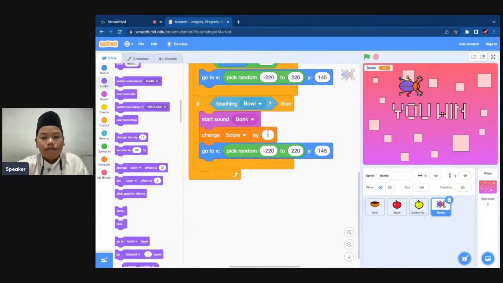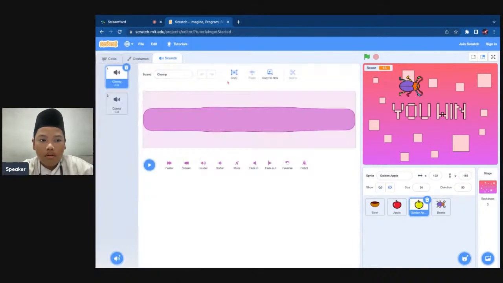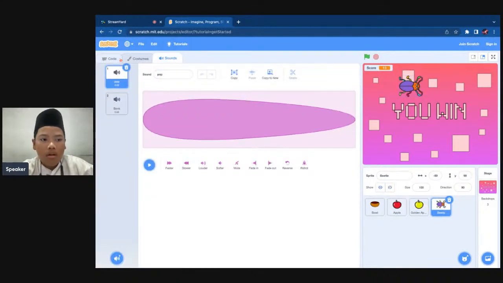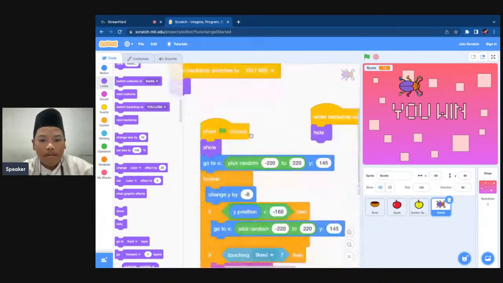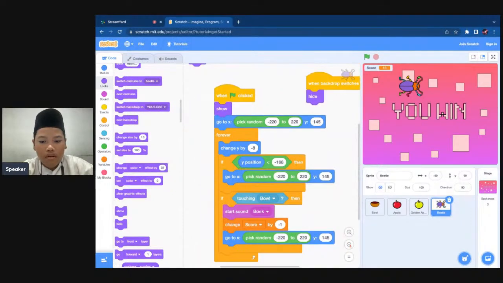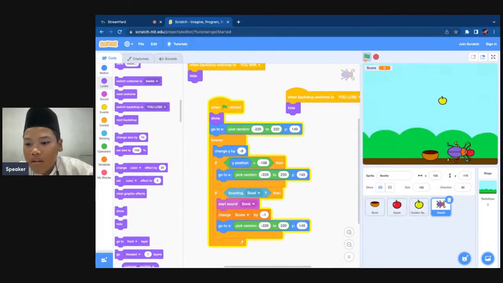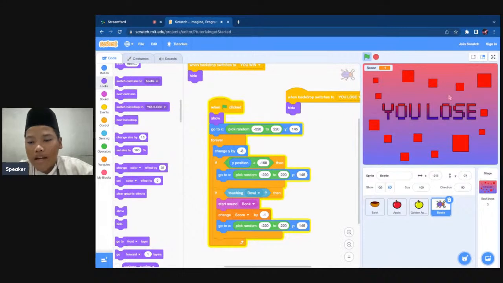And then change score. Change it to minus 2. Change it to minus 1. Like this. And if we touch the beetle, we will die. And it will show you lose.